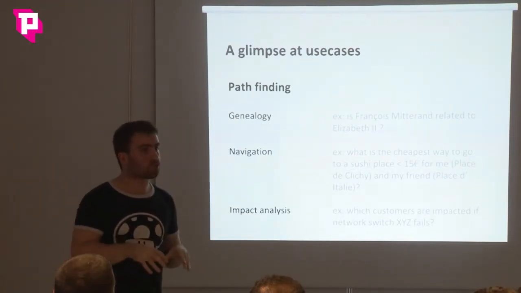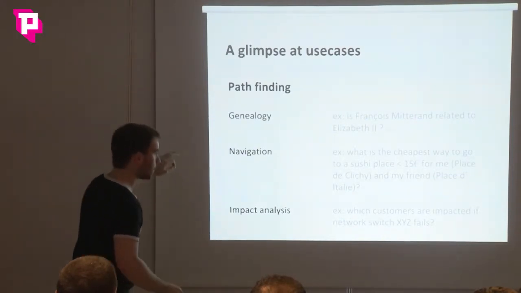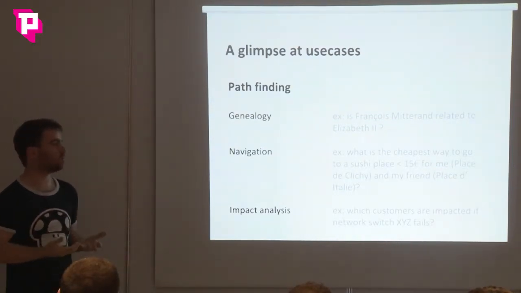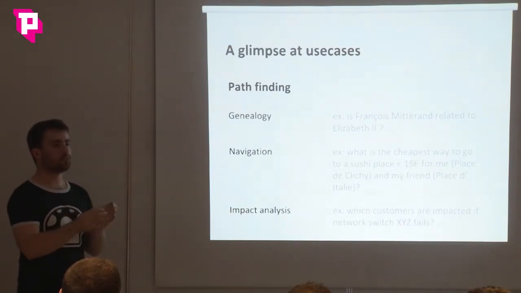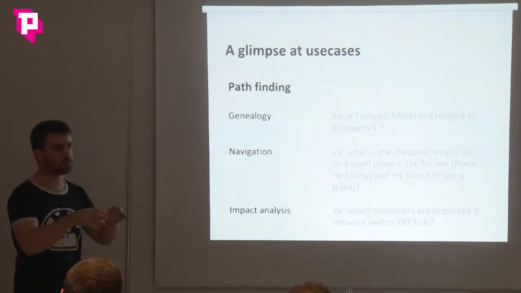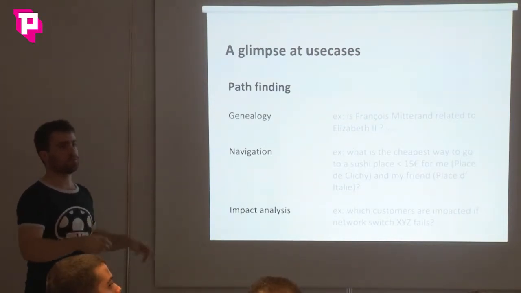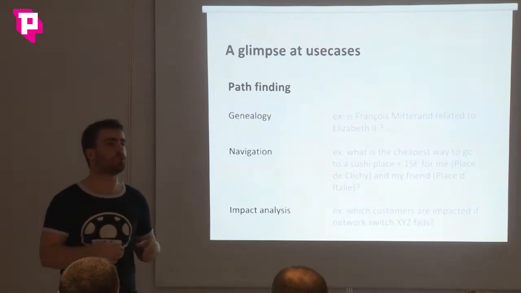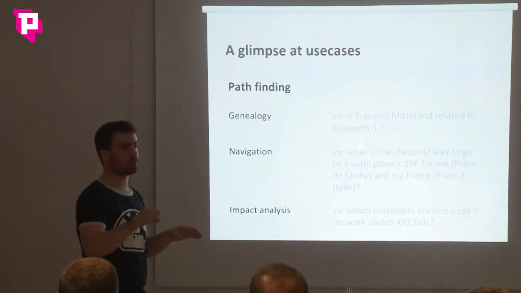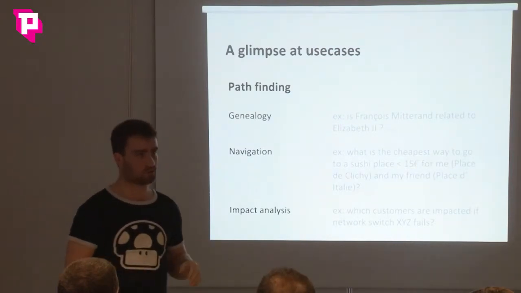Well, not failing, just the network as it is. You have a switch linked to another switch, linked to another switch, linked to many customers. Just by traversing that, you know that you don't need to model failures, actually. You know that this node is indirectly linked to customers. So you already have the answer. If it fails, you just have to follow the graph here, you know all these customers will be impacted, because the links are already there. You don't need to model, okay, if I cut this relationship, what happens? That's not the case. I already have my network as a graph. I just have to follow relationships, and I know who is impacted by which component failure.